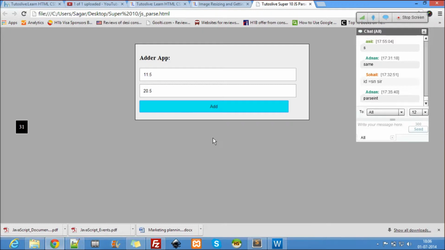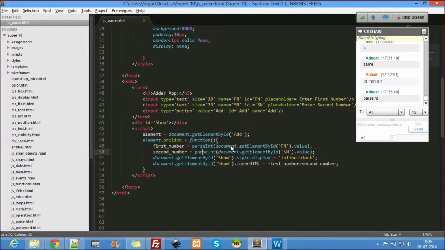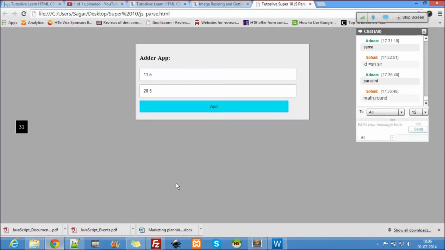So for that, what I do here is parseFloat. This is the appropriate function to convert a string to a number. I need exact addition.